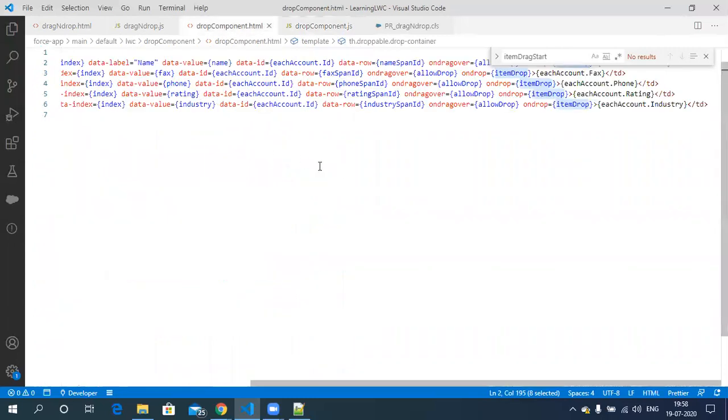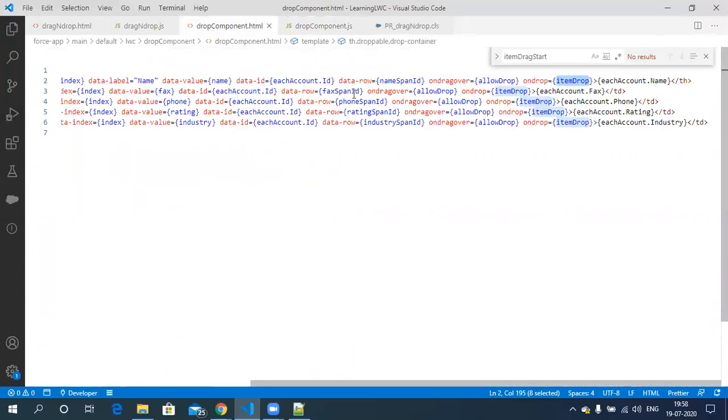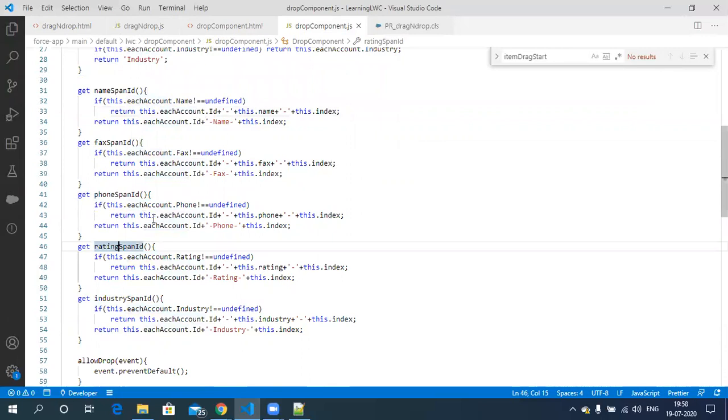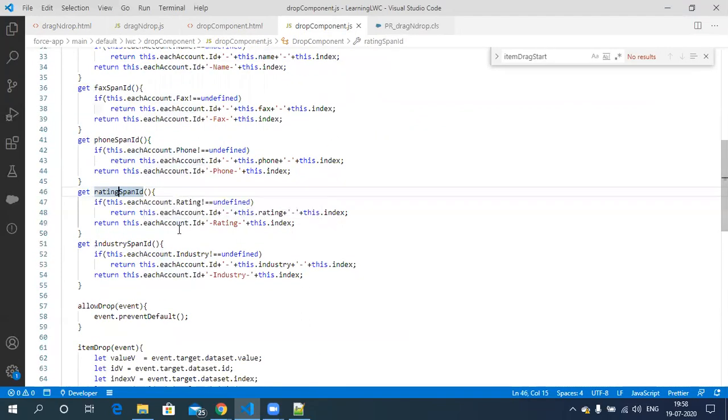In the HTML part, under the data row, you can see these name span ID, fax and so on. This is just the unique identification for every cell, and with its help we are able to achieve the drag and drop functionality to any particular cell.